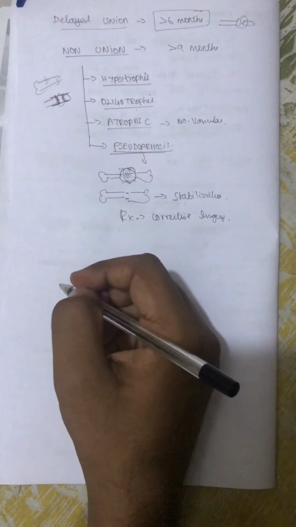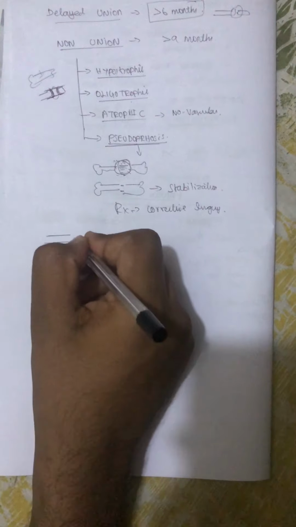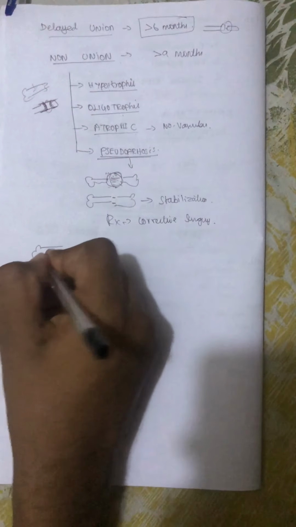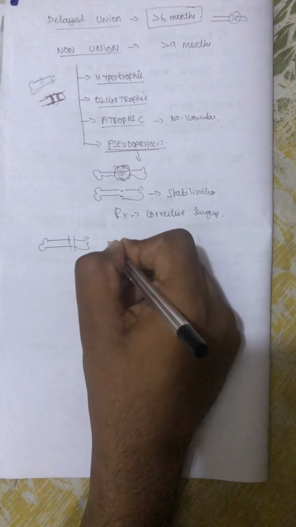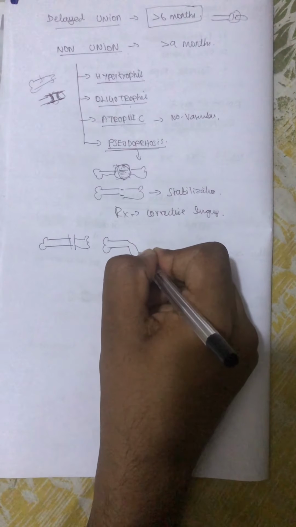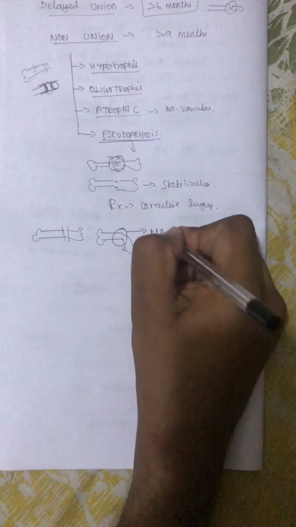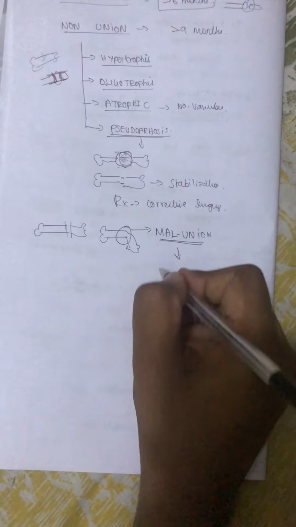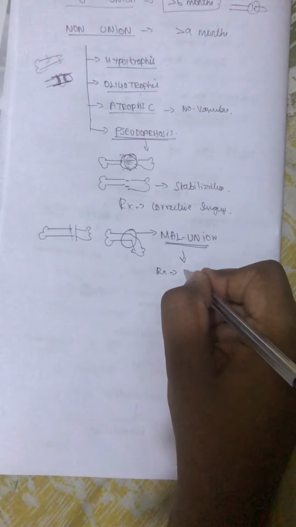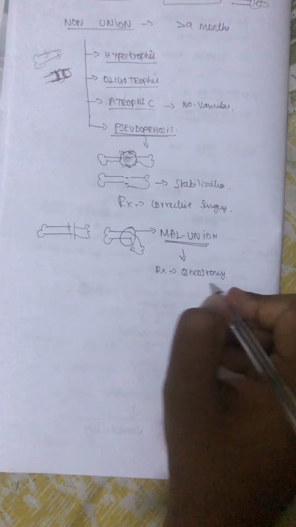Another fact here is that the bone unites properly, but in an abnormal anatomical position. For example, if a fracture happened here, rather than the bone joining here, the bone union may be somewhere like this, which is not non-union but malunion of the bone. Okay, what is the treatment for this malunion? Simple, osteotomy, removal of the bone and grafting of the bone. If it is a child, we can allow for normal growth.